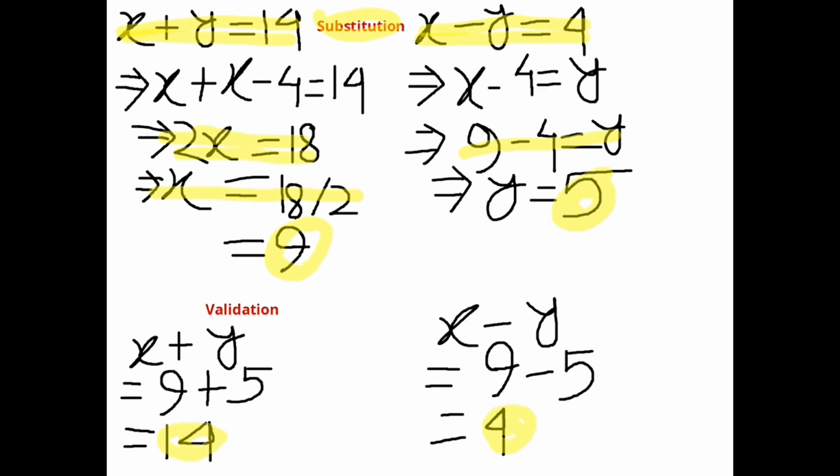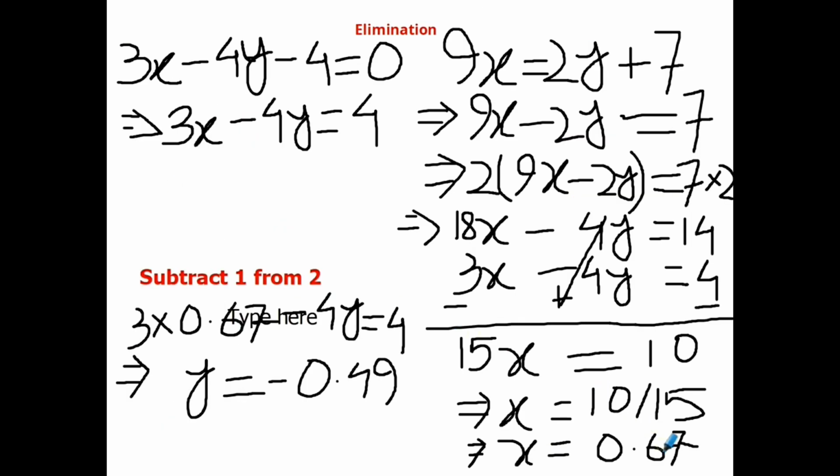Now let us go to the elimination method. The elimination method is slightly longer, but sometimes it is more effective, because when the coefficients of different variables, like here 4 is the coefficient of y, or here 2 is the coefficient of y for the second equation, are very big, we get confused in the substitution method. So in those scenarios we use the elimination method. Generally in the exam they don't mention the method of solving the problem, so you can choose either of the methods as per your comfort.